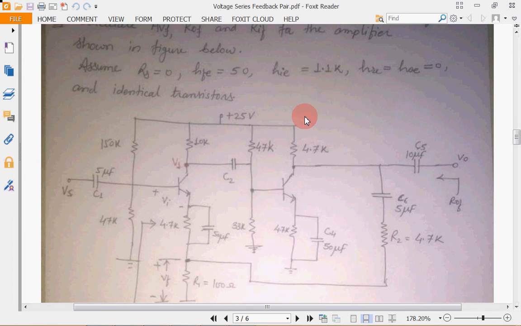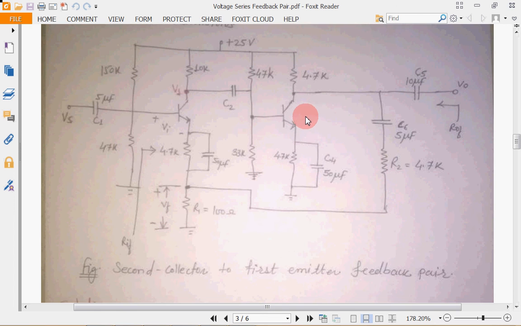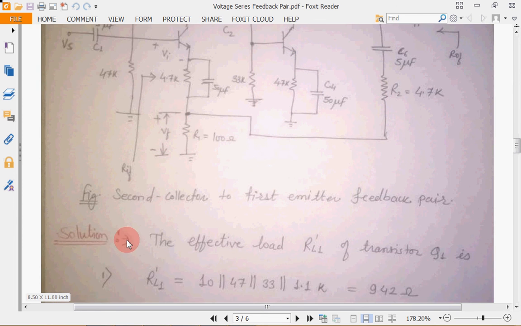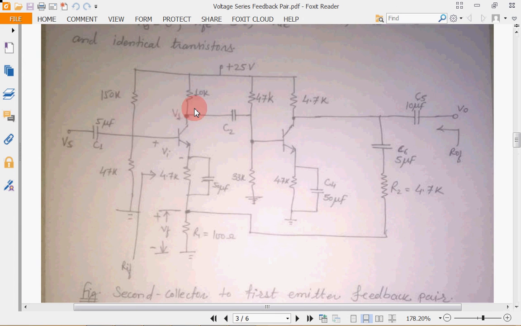So once again the same figure is here. I have drawn the same figure once more. First of all, let us find out what will be the load resistance of stage 1 and then the load resistance of stage 2. Do you remember we have discussed the loading effect in our unit number 2? What happens in case of loading effect? This complete stage will act as the load for the first stage, right? So what will be the load resistance of the first stage here?